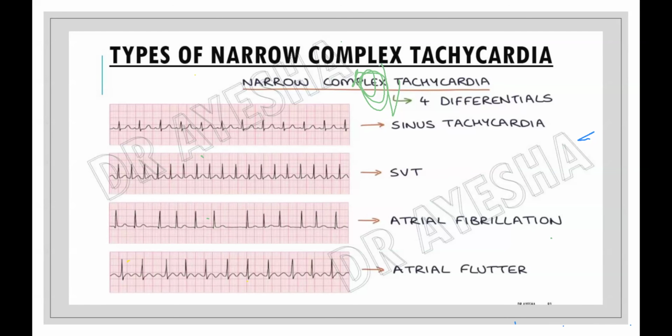तो इन सारी सिचुएशन के अंदर you will going to find out narrow complex. Narrow complex किसको बोलते हैं? QRS complex की they are talking about. It means that जो origin है, डेफिनेटली हम बात कर रहे हैं इलेक्ट्रिकल एक्टिविटी का जो ओरिजिन है, वो अबव द वेंट्रिकल है, वेंट्रिकल से नहीं हो रहा, अबव द वेंट्रिकल मींस एट्रियम से। आइदर वो साइनस नोड बहुत ज्यादा फायर कर रहा है तो साइनस टैकिकार्डिया है, आइदर वो एसवीटी है कि कोई और